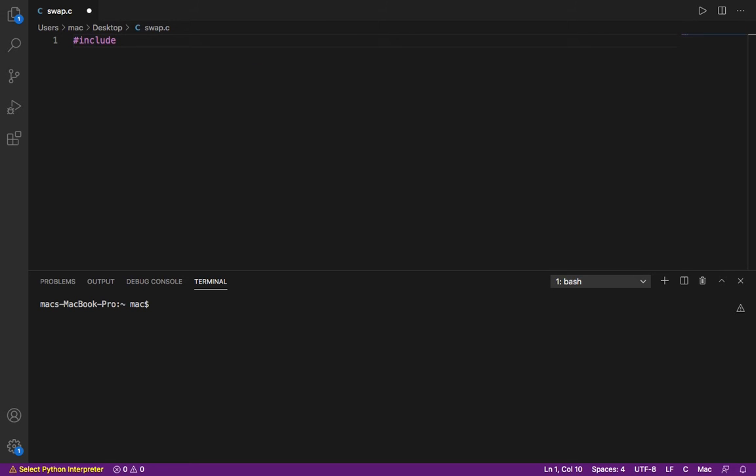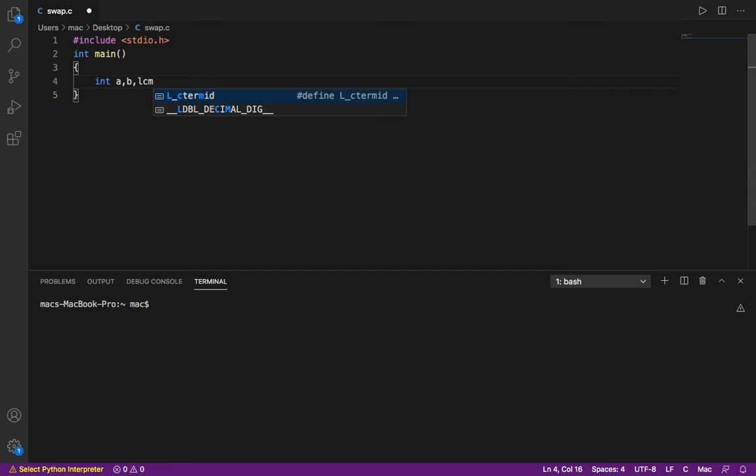#include <stdio.h>. int main. Here we are coding in C. You can also do it in other languages. int a, b, LCM;